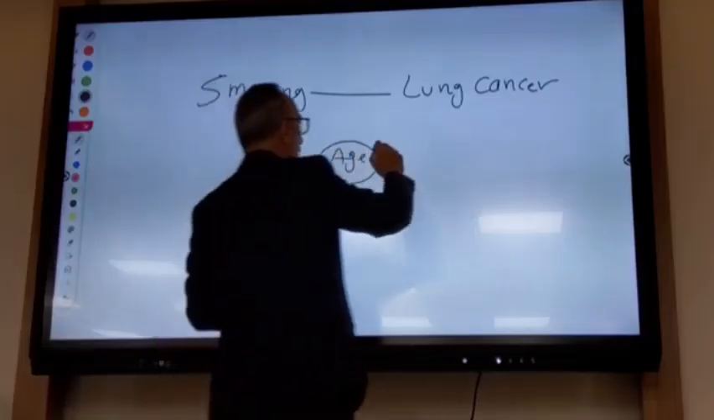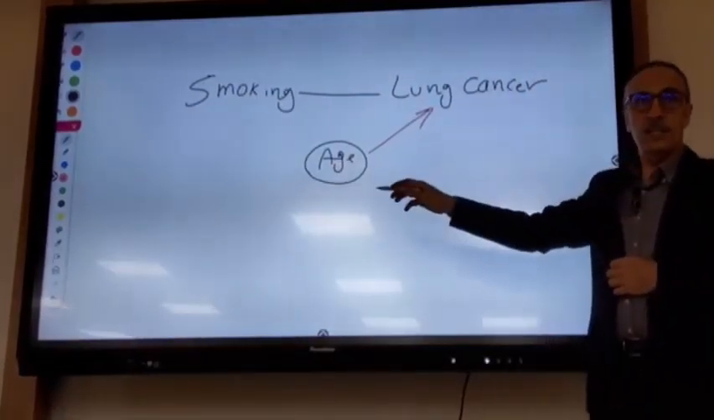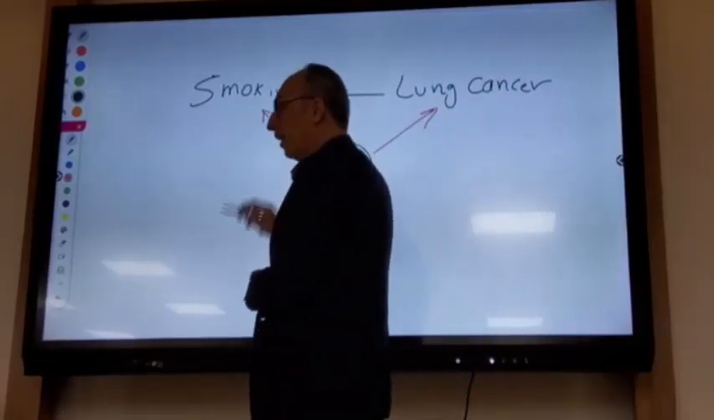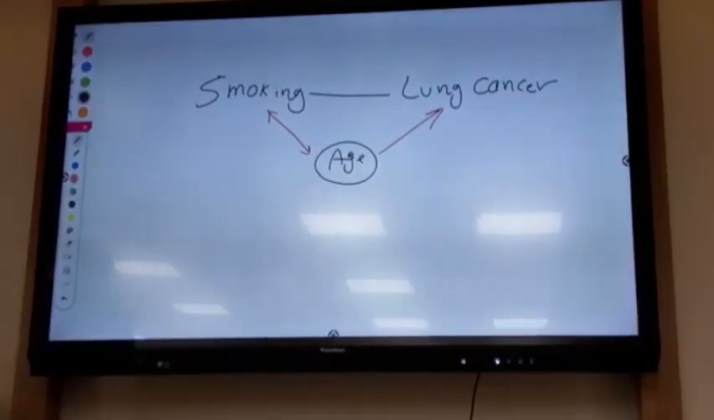Because we know that by increasing age, the risk of cancer will increase, and we know that younger people and older people may differ in terms of smoking. If older people smoke more than younger people,